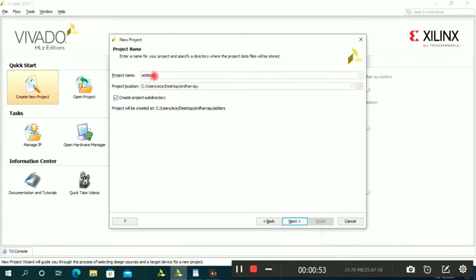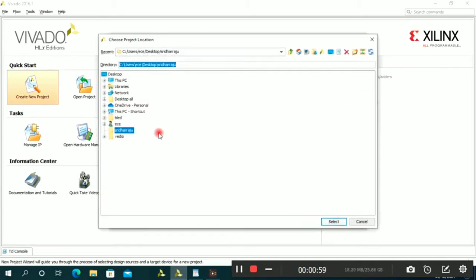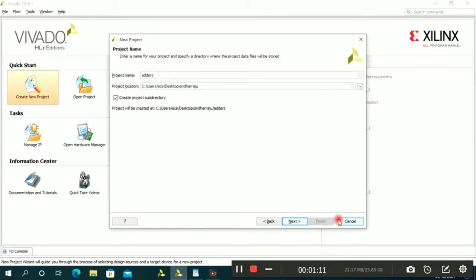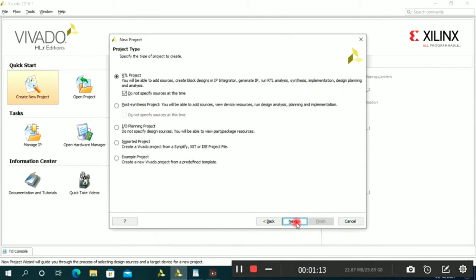I gave the project name adders, and this is the path where our project is going to be saved. I already created a folder on the desktop. You select that folder, then click on next.